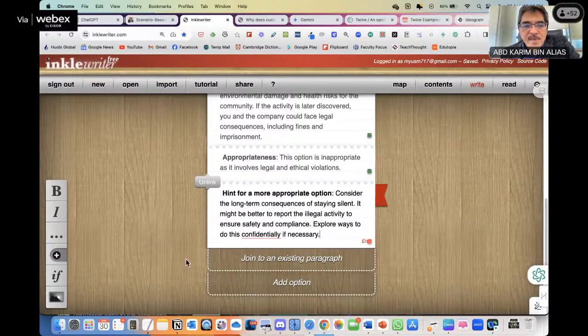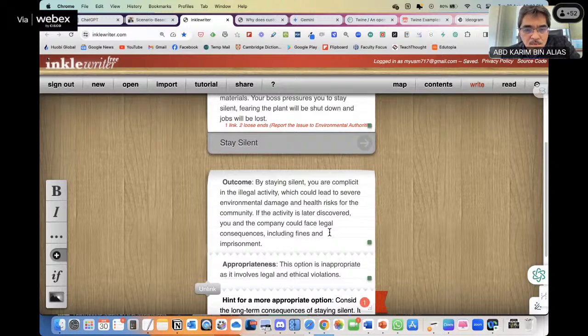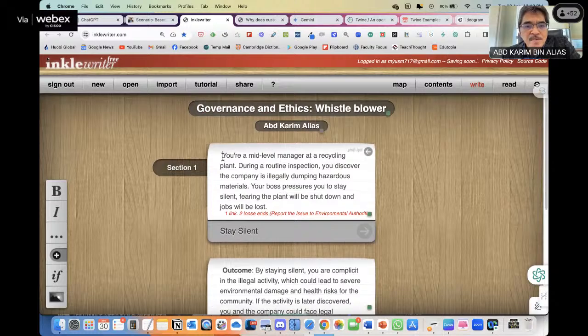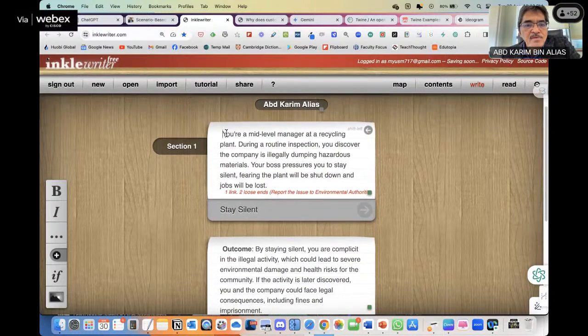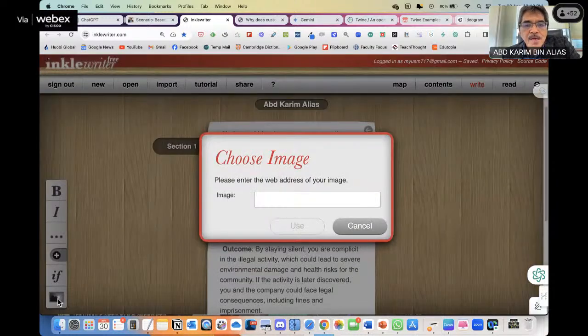Right. There are other features in this application, like if you want to make it conditional, you can play around. I have not explored everything here. But if you want to insert an image, how do you do it? You can click insert image on the left-hand side here, and you choose image.